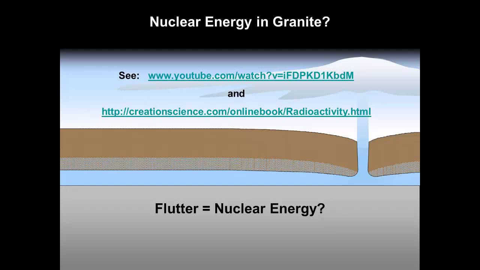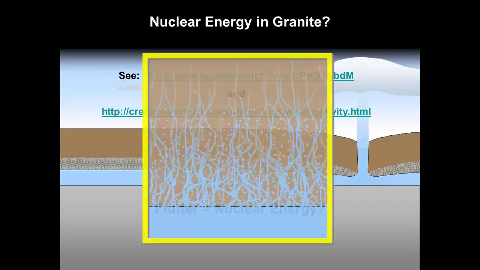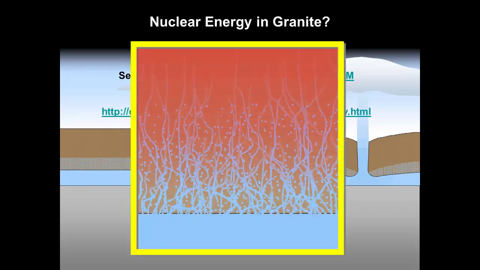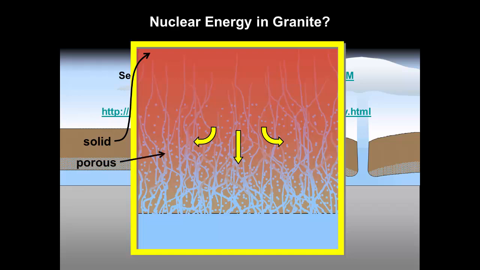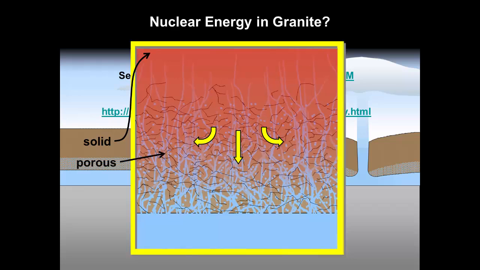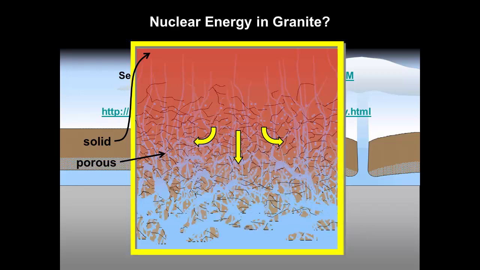Just realize that this nuclear heat produced within the plates greatly pressurized the supercritical water that had eaten into and was now partially constrained within the porous regions of the plates. Because the upper half of the plates were still solid undissolved granite, this pressurized water could only expand laterally and down through the porous channels. The expansion of supercritical water within the openings quickly fractured the lower regions of the plates. These dislodged porous fragments quickly fell into the pulverizing flow and were accelerated up into space.